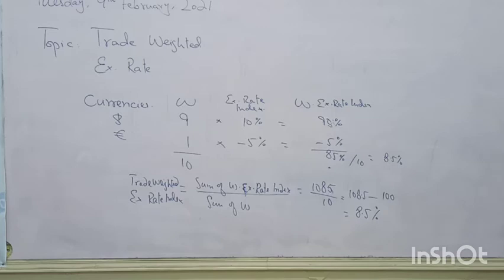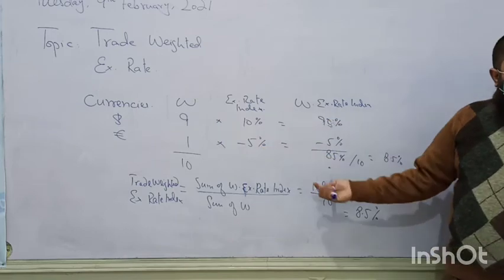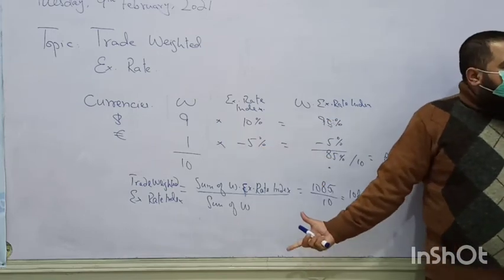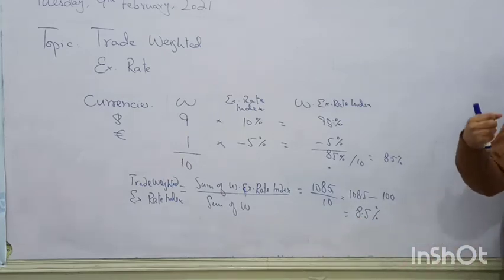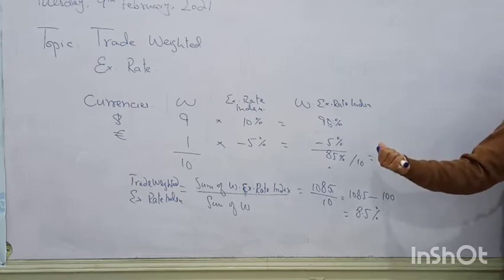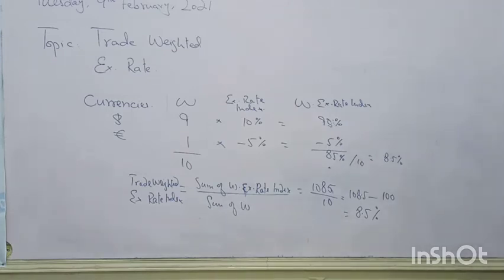So this is how trade weighted exchange rate is determined by the basket of currencies and how much value will be there. You can change this thing. Suppose you say here it is minus 5 and it is 10%, automatically it will go below 100 and its value will be negative. So negative means our exchange rate is depreciating, our currency is depreciating against all our currencies, our basket of currencies, against all those currencies which are present in our basket of trade. Alright? So this is how trade weighted exchange rate is there.